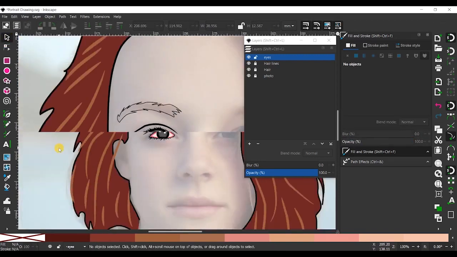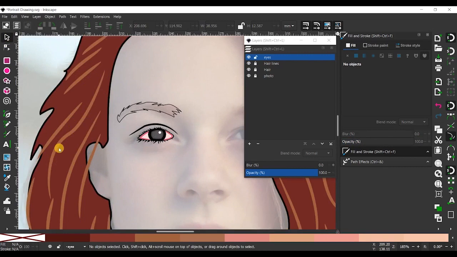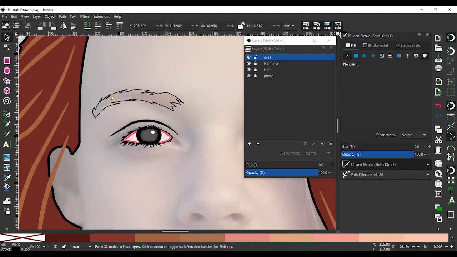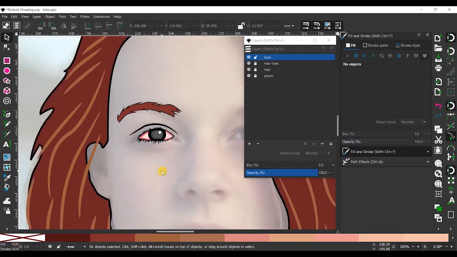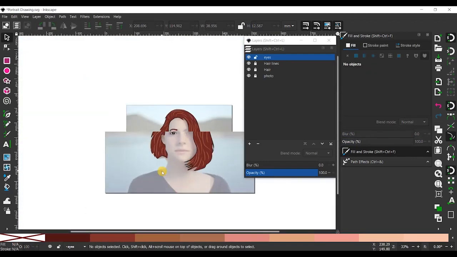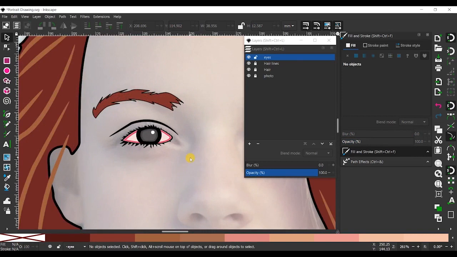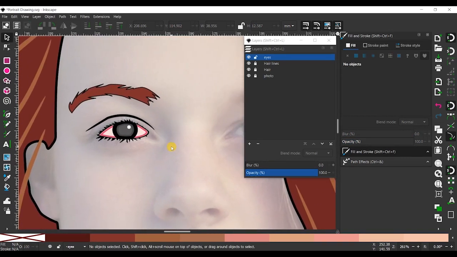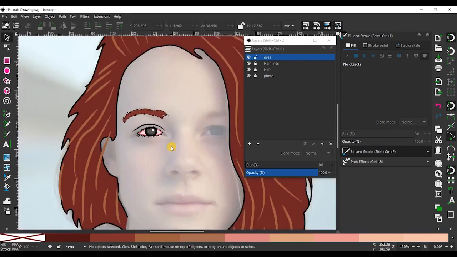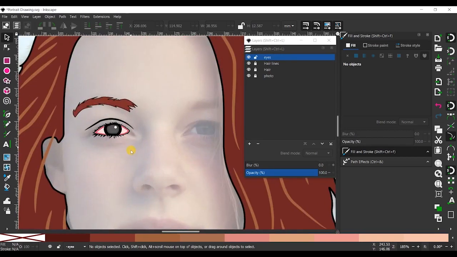After clicking on the eyebrows, I want to give the fill color the same as the hair, so I'm picking it from my swatch. You can observe the swatch is good, and I'm giving the stroke black, which looks good. Black is good to highlight the object, the eyebrows. And the eyes are created perfectly, the same as in Adobe Illustrator also. The output is very good.